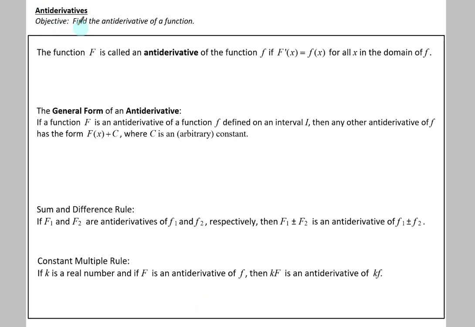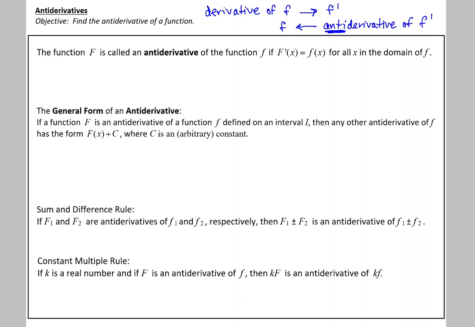Antiderivatives. Our objective is to find the antiderivative of a function. Remember that when we take the derivative of a function we might call f, we use the notation f prime often. Well, today we're going to talk about going backwards, taking the antiderivative. Remember the prefix anti means against. So the antiderivative of f prime means against the derivative or opposite to, going backwards, yielding the original function called